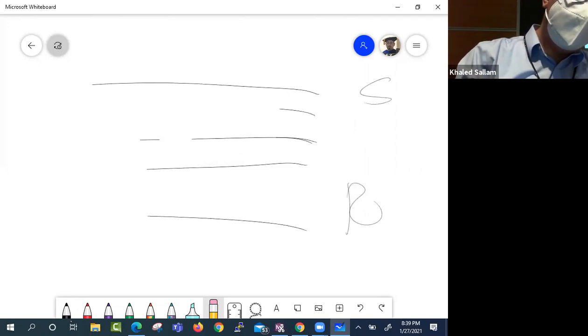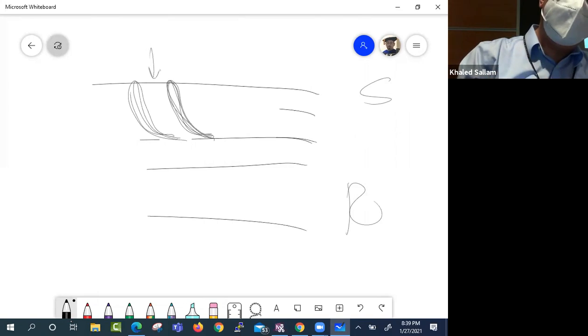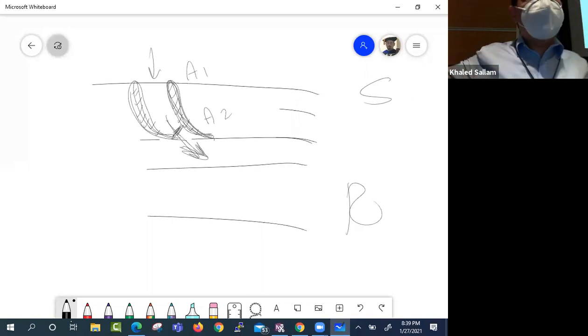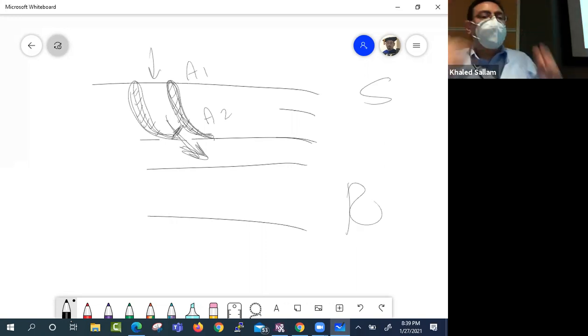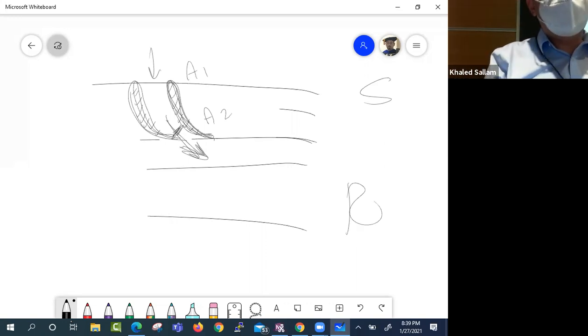You will see how the stator gets the velocity like this and they leave like this. What I'm trying to plot here is to show you how A1 and A2 are different because of this angle. So what happens when you send the flow into a passage that gets smaller and smaller like this? That's called a nozzle,